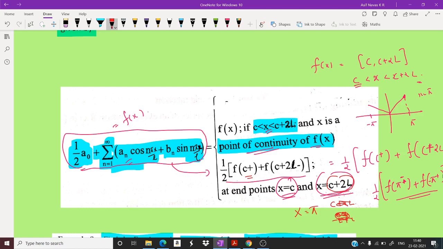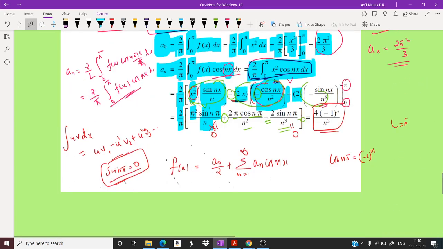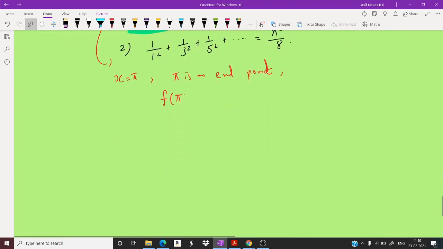Okay, so that means if it is at the endpoint, we will take the left hand limit and right hand limit of the endpoint and take the average. So we will get 1 by 2 times f of pi minus plus f of minus pi plus is equal to,